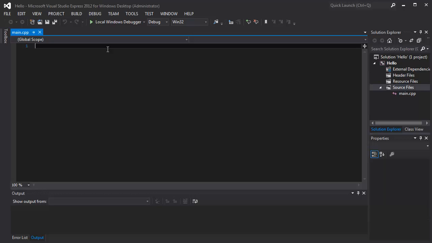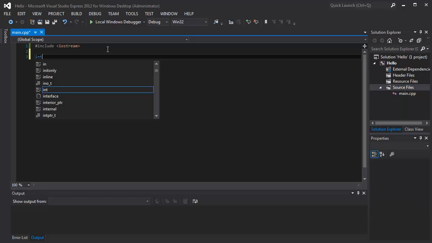So, first off, type pound, number sign, the hashtag, whatever you want to call it. The tic-tac-toe looking thing. Include. Not include. There. It should change color slightly if you type it correctly and you're in Visual Studio. So now, include iostream. It should come up, so there you go. Make sure it's in between the angle brackets. So there you go. Now, int space main,